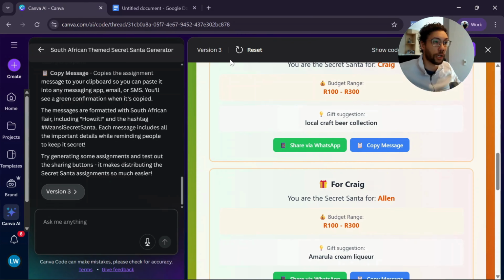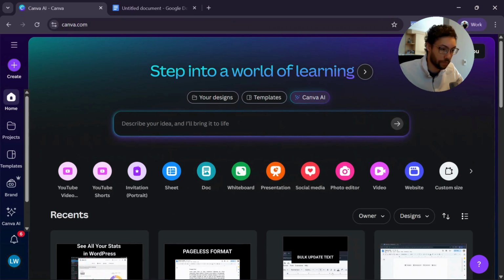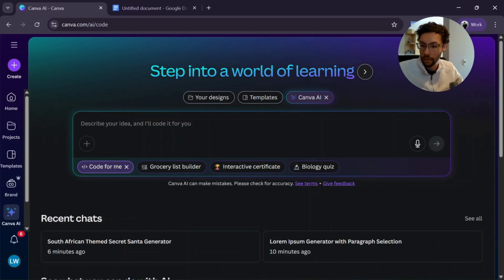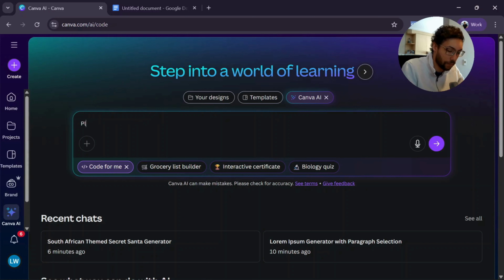Cool, so let's try one more thing, something even a little bit more complex. Let's go back to home. Okay, select code. Cool, so now what I'm gonna do is, let's say you have a website and you use banner ads, and for example, you're still building out the website and you want to put some placeholder ads. So maybe you want to select the size of the ad and maybe the color. So let's do something like that. Please